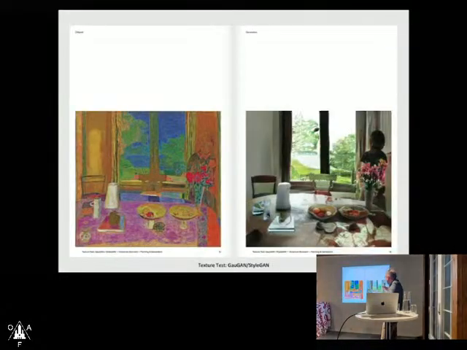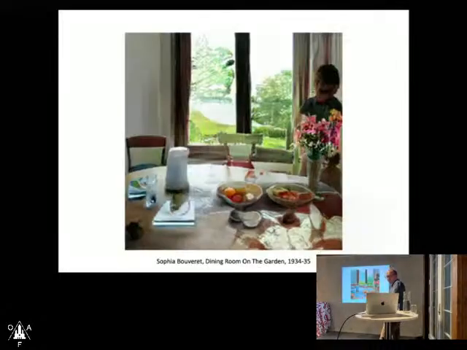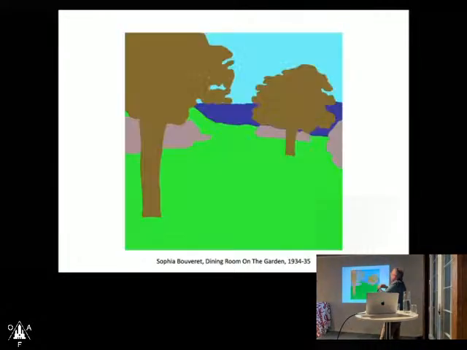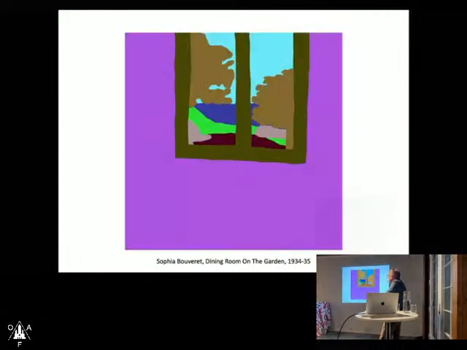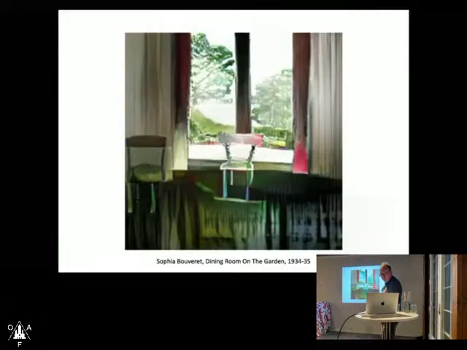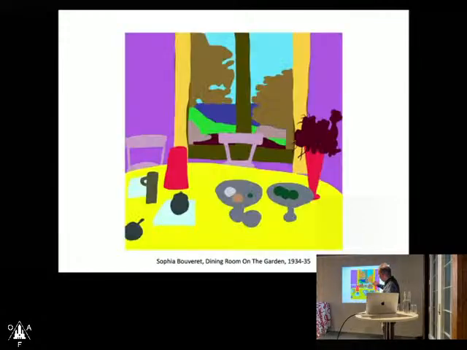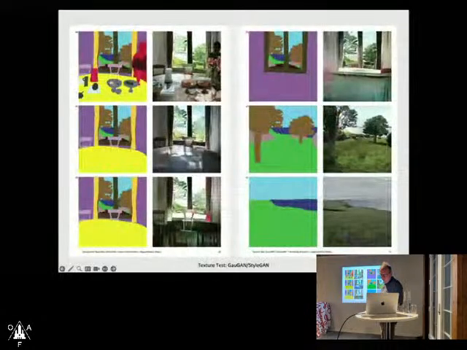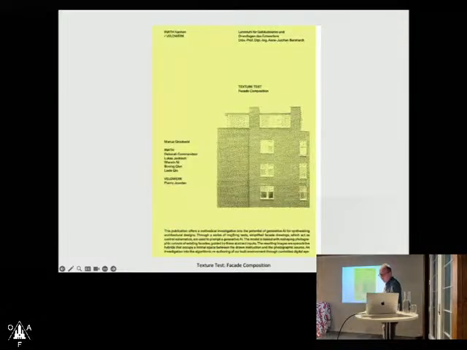In a way, with this very old technique, we were already trying to peel back the layers. So we drew the image in layers, and then took away the layers one by one, so you could look behind the wall and see the nature behind the wall, and then see the room without the table, and then see the curtains inside, and then the chairs, and then the table. And here you can see this reflection on top of the table. And maybe today these kinds of tests are a bit easier to make.